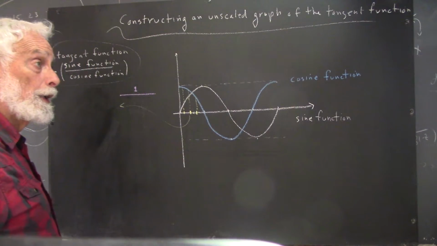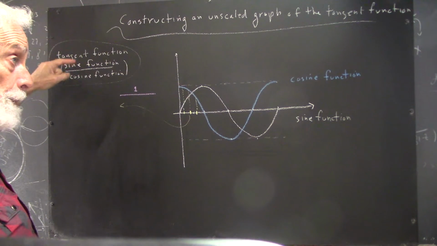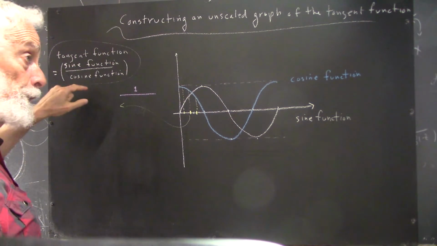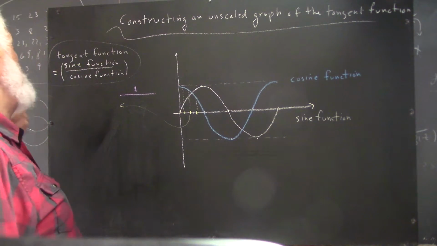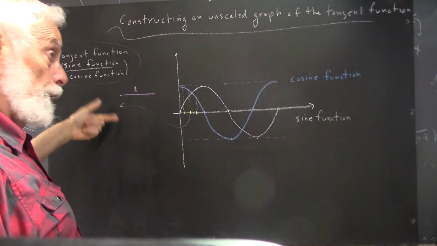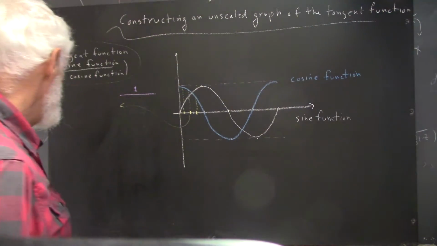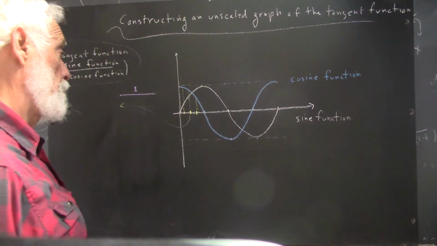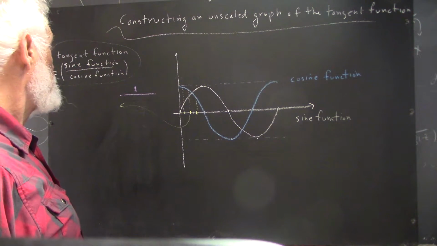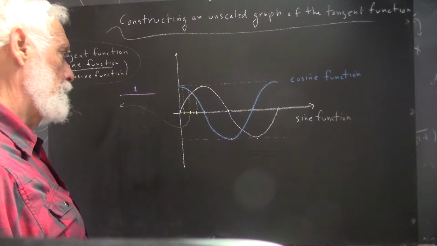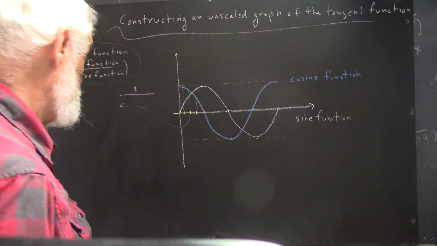We have to pick a unit length because we're dividing by the cosine, which means effectively that we're multiplying the sine by the reciprocal of the cosine. Now, there's actually a more efficient method for doing this construction than the one I'm going to show you, but I want you to discover that. I want you to actually do this construction. And in the process of doing the construction, you'll probably find it a little bit tedious if you do it right. And you'll look for shortcuts, and there's a slick shortcut for this that might be quite obvious to you, but it might not ever occur to you either. Okay,